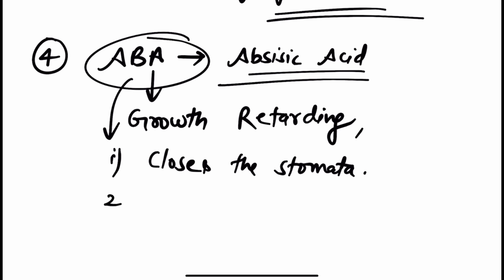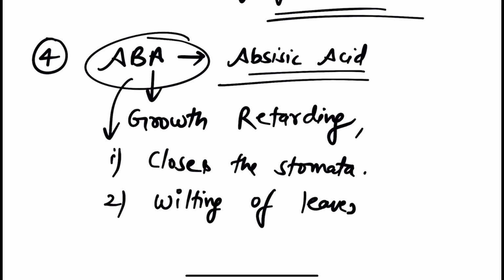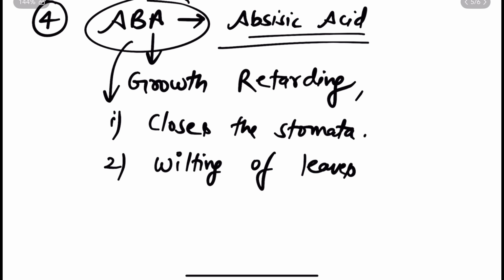The second function of the abscisic acid, it is responsible for the wilting of leaves. Wilting of leaves, you can connect this function with the first function as well. So just suppose कि एक plant में पानी की कमी हो गई है, so the leaves are the area कहाँ जहाँ से ट्रांसपिरेशन होता है, जहाँ से पानी उड़ता है. So प्लांट क्या करता है, अपनी सारी की सारी पत्तियों को विल्ट कर देता है, अपनी सारी की सारी पत्तियों को झाड़ देता है प्लांट के ऊपर से, सो दैट ट्रांसपिरेशन प्रोसेस को रोका जा सके, राइट? And the third function of the abscisic acid,